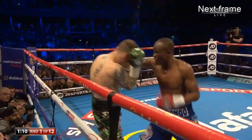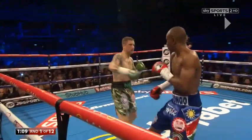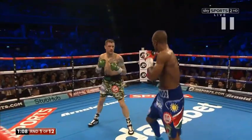Throws another shot, not controlling him, landing another shot, but he's open for counters, you know? And that's what you do when you're using a catch and counter style, and I'm not saying that Ricky Burns does, obviously, like he didn't catch and counter anything in there, but I think that Crawford has a little bit of catch and counter style, and when you punch in combination like that, Crawford being a pretty decent counter puncher,